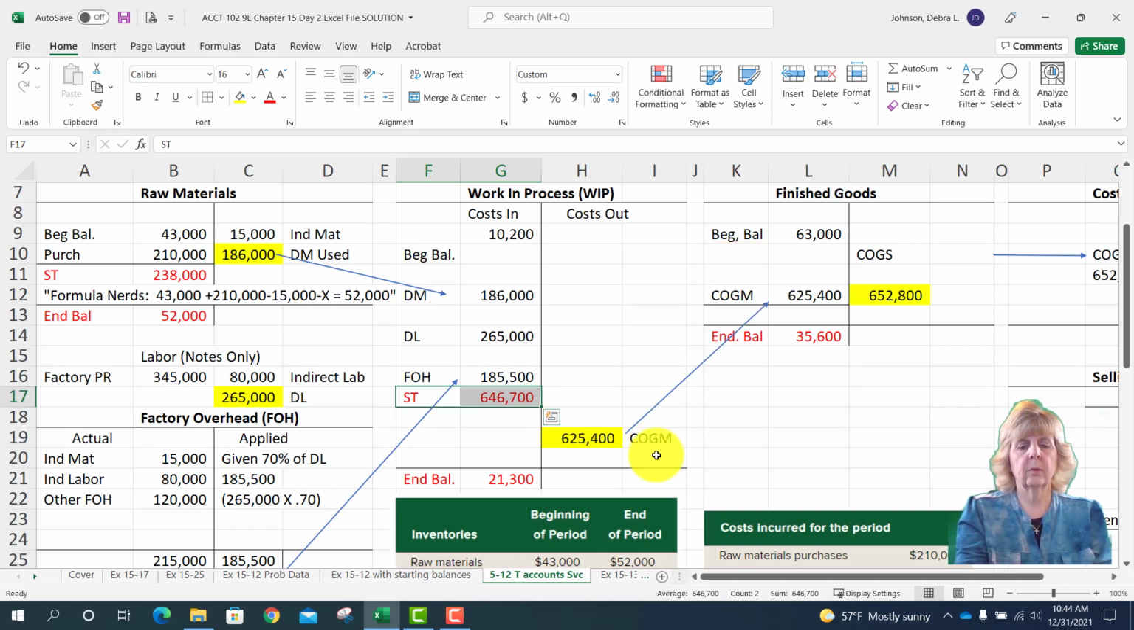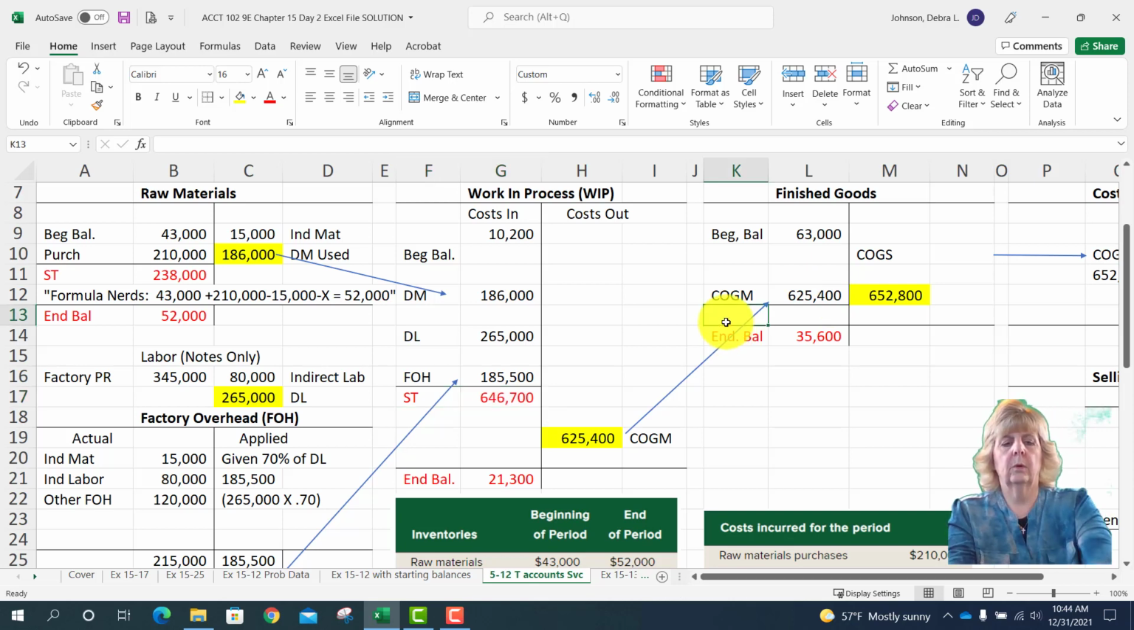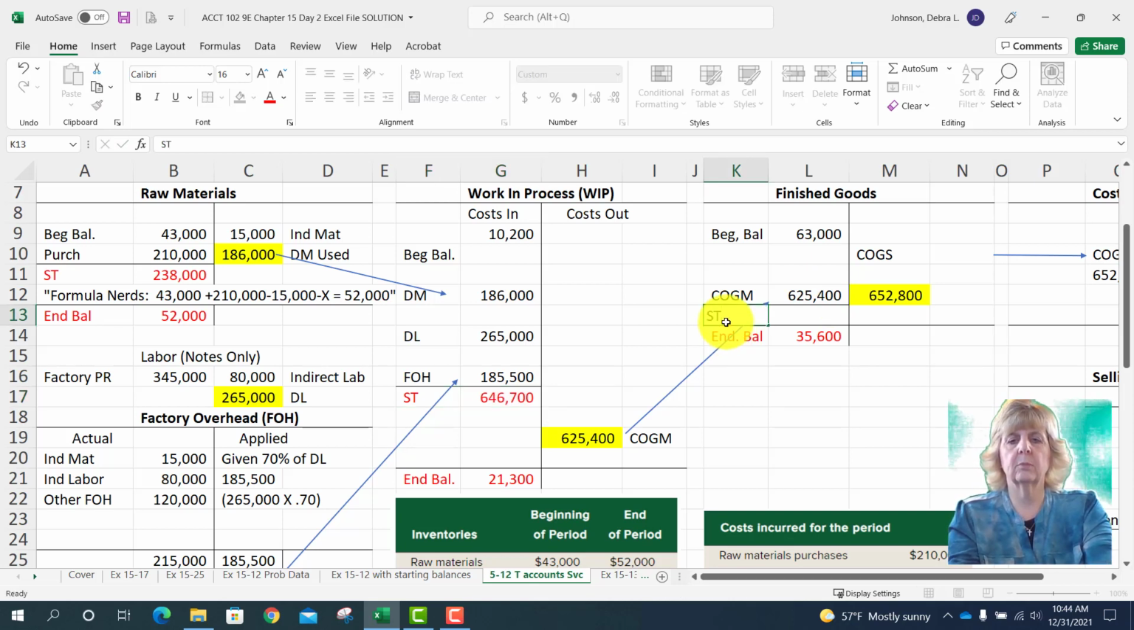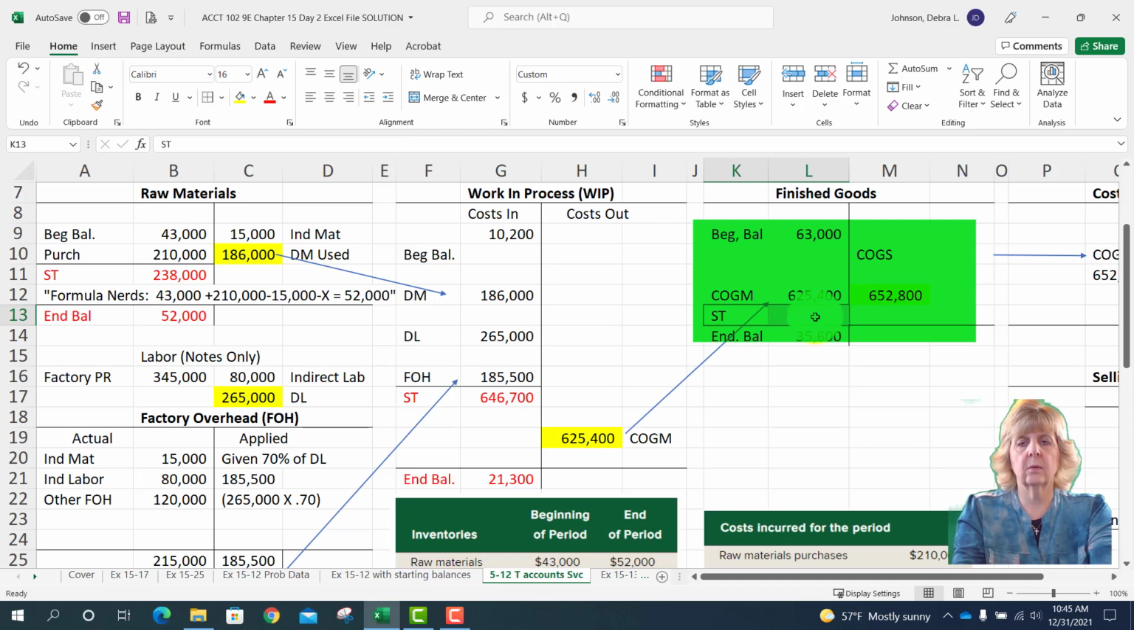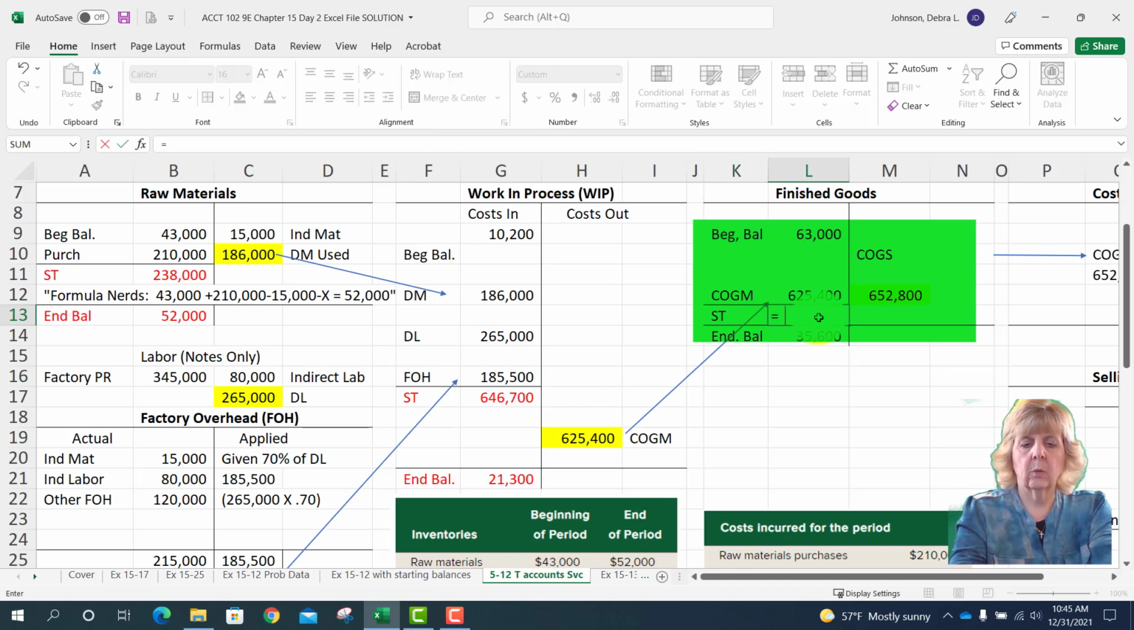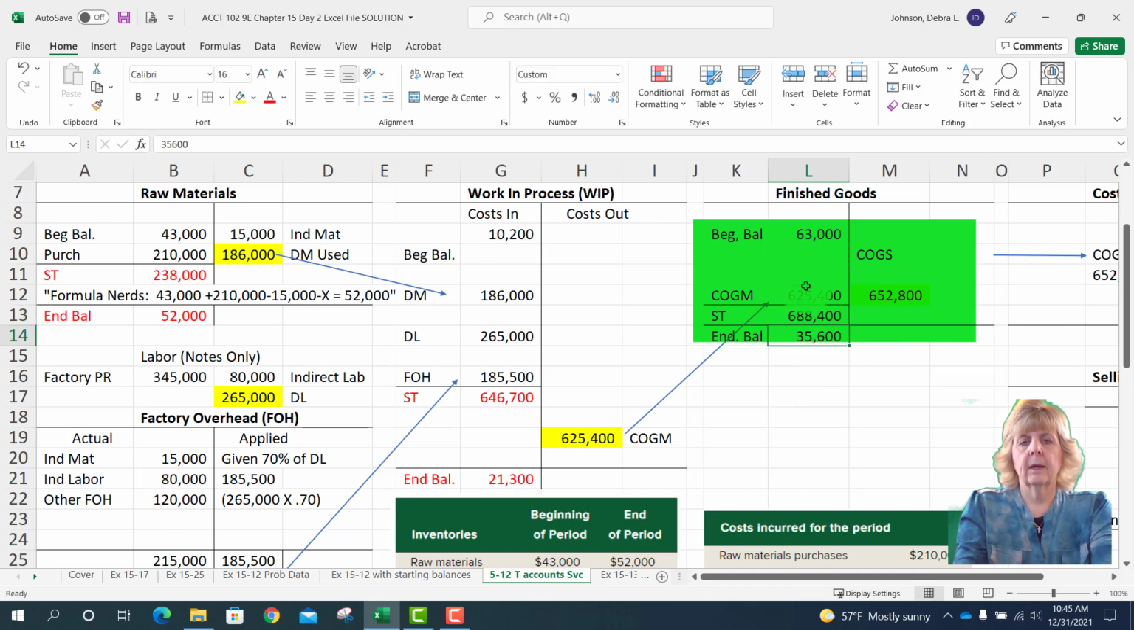Once the goods are completed, the cost of goods manufactured are transferred out of WIP and into finished goods. So the next step would be to subtotal the finished goods. Let me go ahead and make that a red number so it stands out. Let me go ahead and do that while you wait. I'm going to sum it from top to bottom. I got a subtotal of